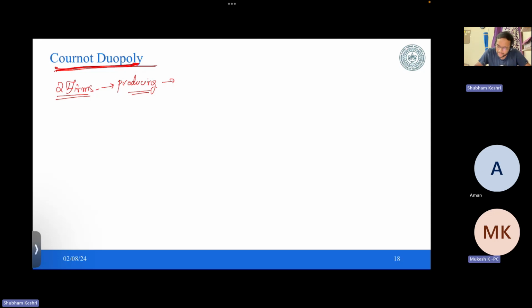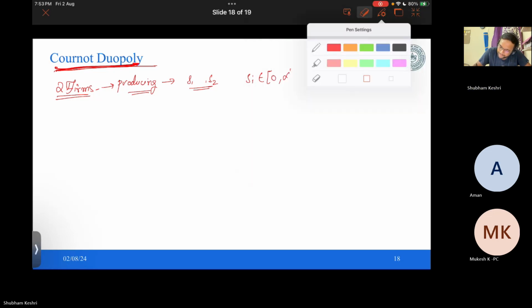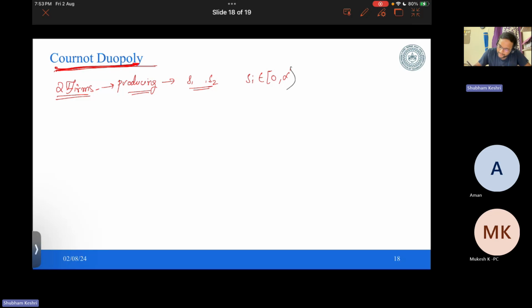So let us say the production quantity is S1 and S2. Si can take a value between 0 to infinity. When you write infinity, you shouldn't write the closed bracket, it is an open bracket. Alright. So when these two firms are deciding what should be the production quantity,